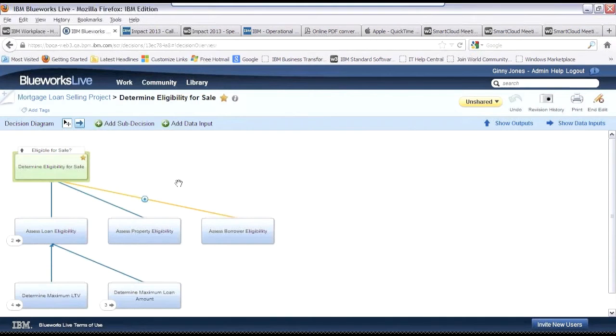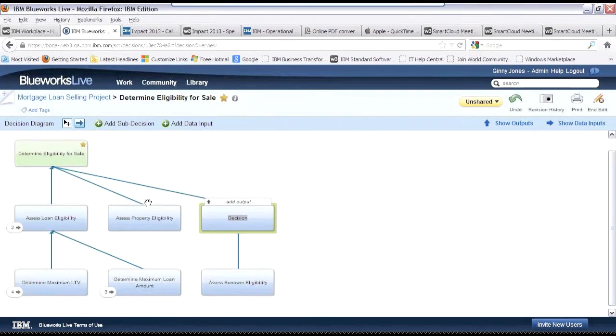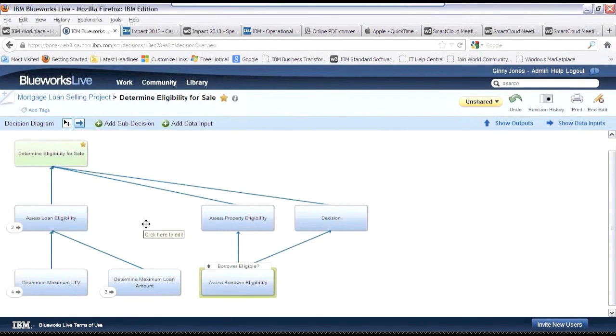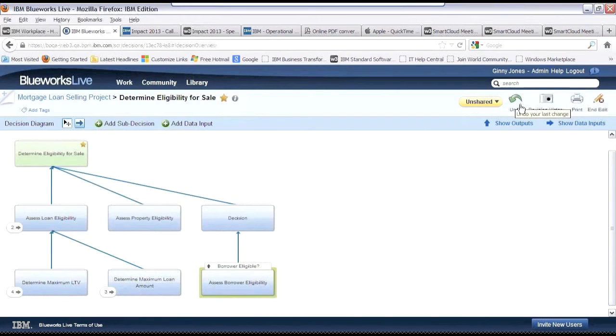So let's say I started getting more input and feedback around this decision, and I started refactoring it. I can actually move things around and reorganize it, and let's say at some point I say, oops, I didn't mean to do that. Well, undo is obviously a great tool for this sort of thing, but to be honest,